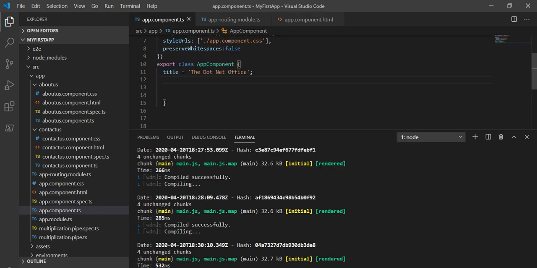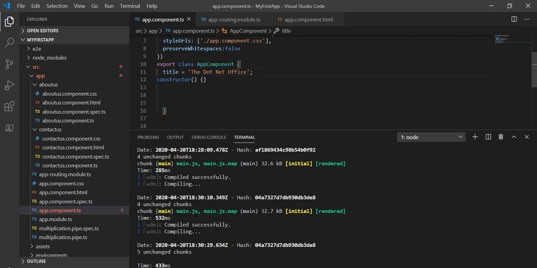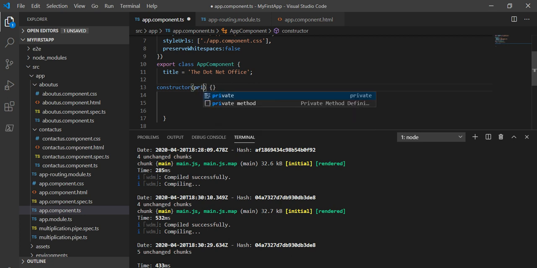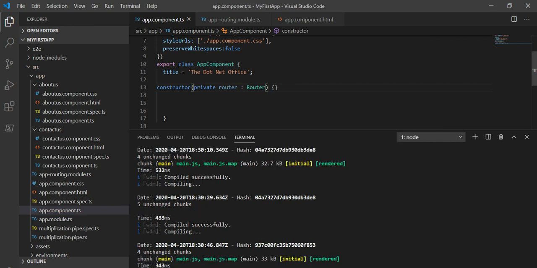Here I will define a constructor, and here I will take one private variable called router, and the type of this router is Router. So I have used it here.